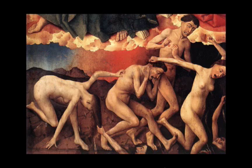We see the very typical van der Weyden representation of emotions and anguish. My favorite is the guy standing in the back with clenched fists, who's really, really upset about going to hell. And there's also... It doesn't seem right to laugh. No, it's just awful. But there's also important subtleties here related to theology and ideas of free will and how